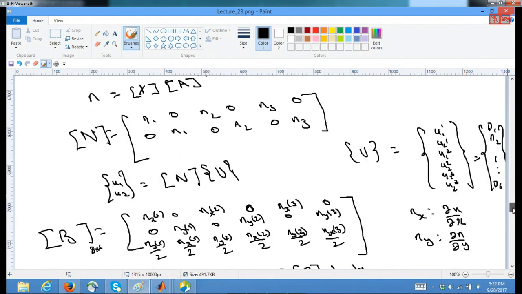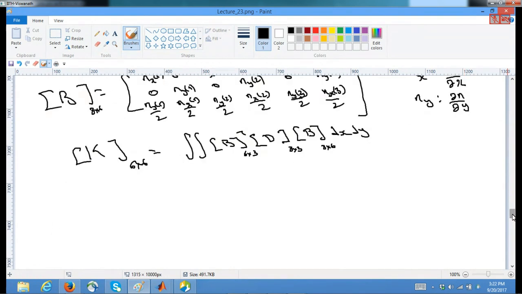Now what we'll do is, the rest of the assembly and setting up the boundary conditions all remains the same. So what I will do is talk about the behavior of a constant strain triangle in bending, so that we will see the performance of it. So let us consider